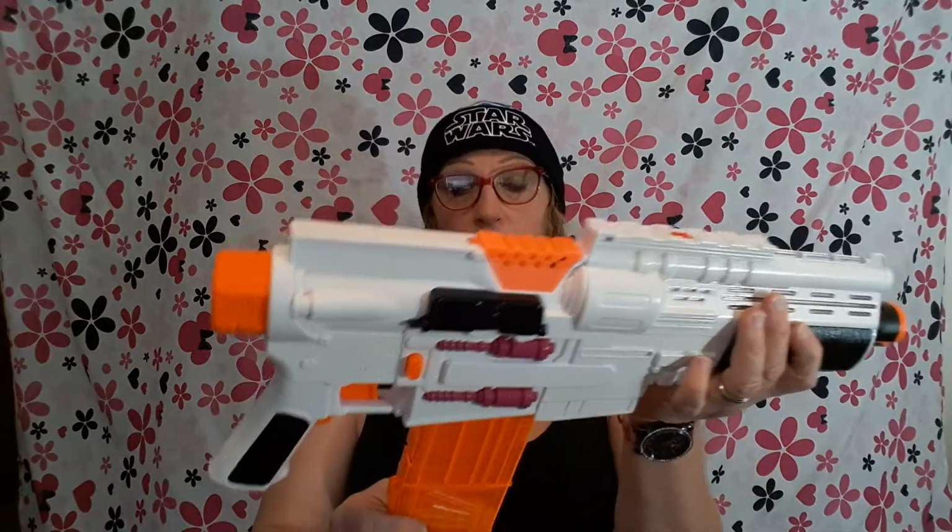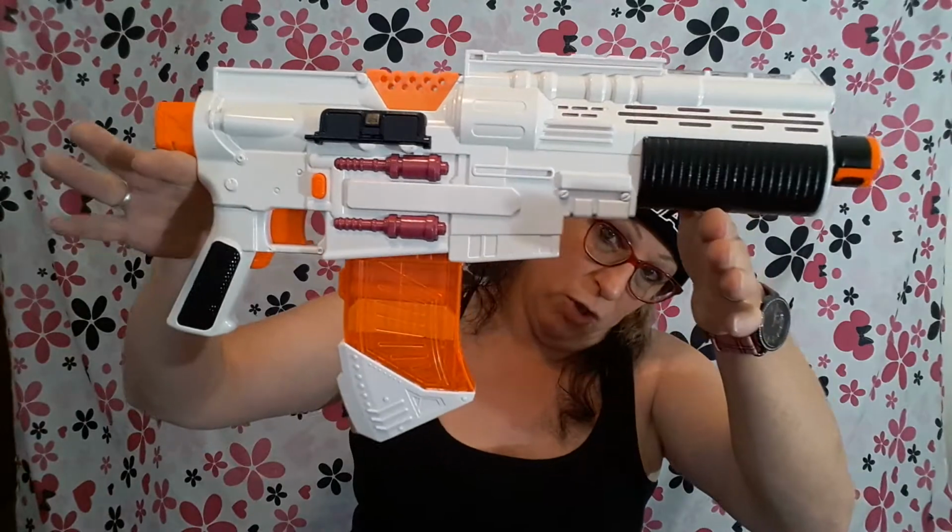Also, it actually looks really good with the Desolator stock. It almost looks like a girl's AR-15 or something. I know, AR-15's a dirty word now. How about a girl's Nerf assault rifle? Anyway,